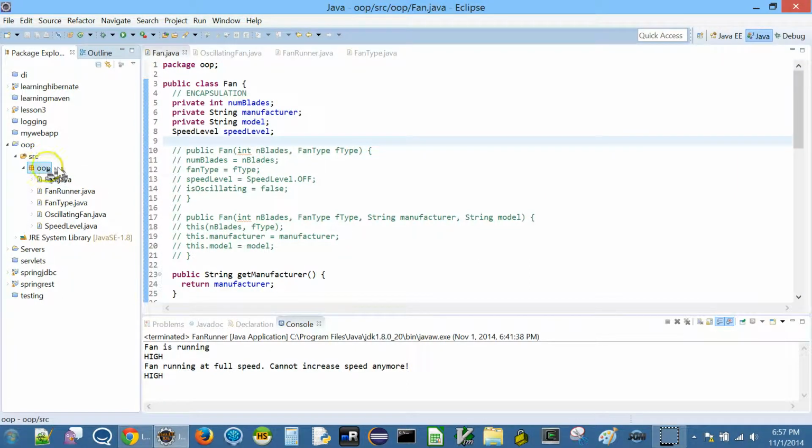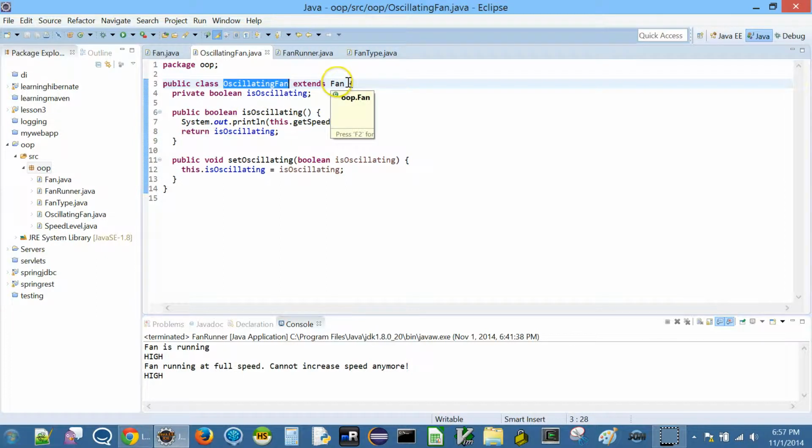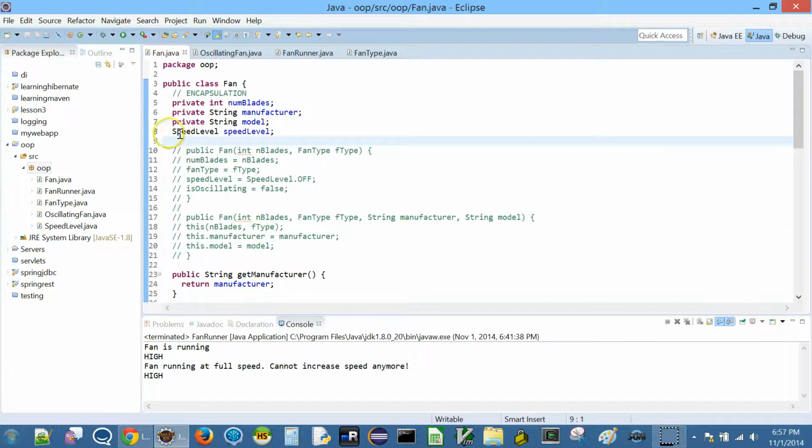Now if you don't want to do that, but still want classes like this oscillating fan to use the speed level, because it is a subclass, we call this a subclass of fan, or in other words, fan is a superclass of this. The other terminology is fan is parent class, oscillating fan is child class. Okay. Now if I don't specify anything, it's default access modifier.